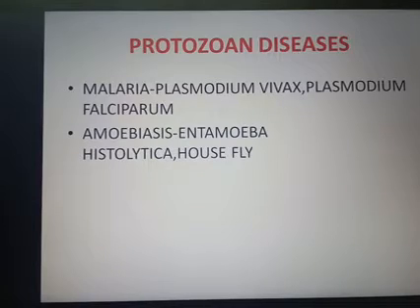Clear. The next disease that we are discussing here is protozoan diseases. Protozoa are also microorganisms. In this chapter we are studying mainly 3 types of protozoan diseases. First one is malaria, and the second one is amoebiasis. The name indicates that the disease is caused by a group of amoeba. The main transmitter of the disease is the housefly.